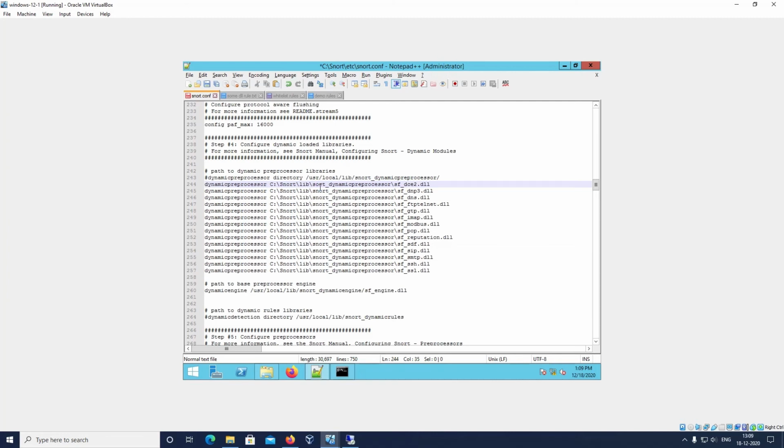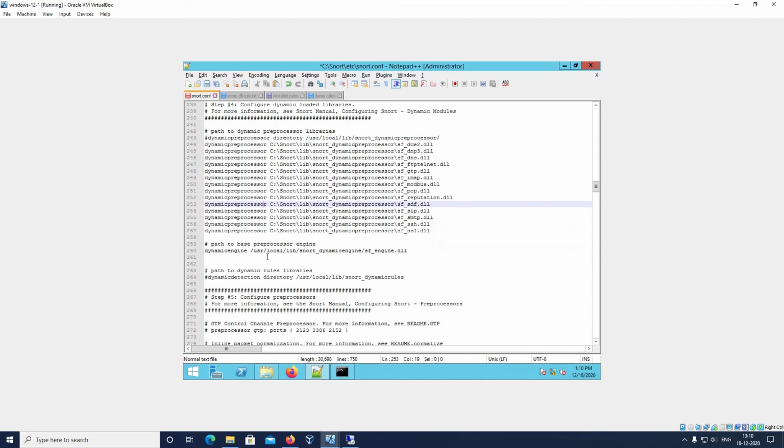So here we can see that we have given the file name snort with an h. So we will replace it with snort. Next we will check the other lines also, if any mistake is there. You can see that there is no underscore given, so we will add that. And here also we can see that there is a mistake. Instead of l it is a 1, so we will replace it.